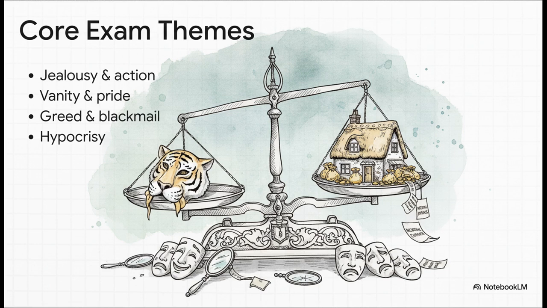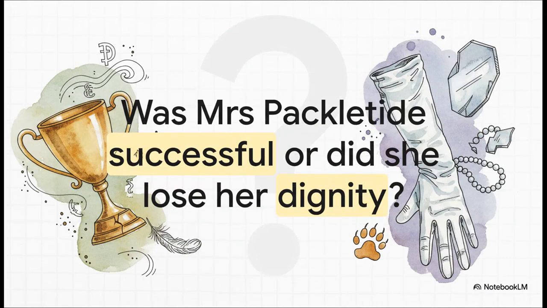Remember Mrs. Packletide's final realization? When asked why she stopped big game shooting, she simply replies, "The incidental expenses are so heavy." She wasn't talking about the bullets or the travel. She was talking about the heavy, painful cost of buying a blackmailer's cottage just to maintain her fake glory. And that brings us to the end of our chapter analysis.